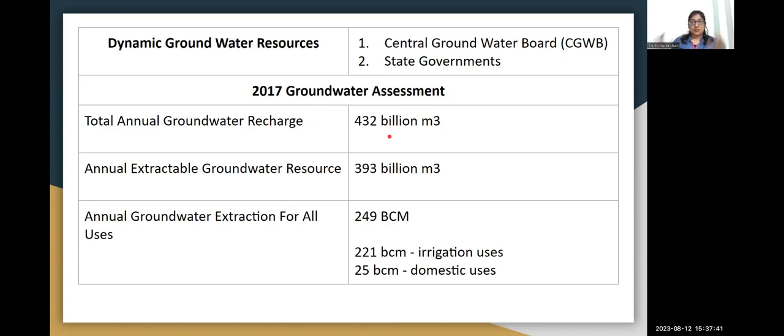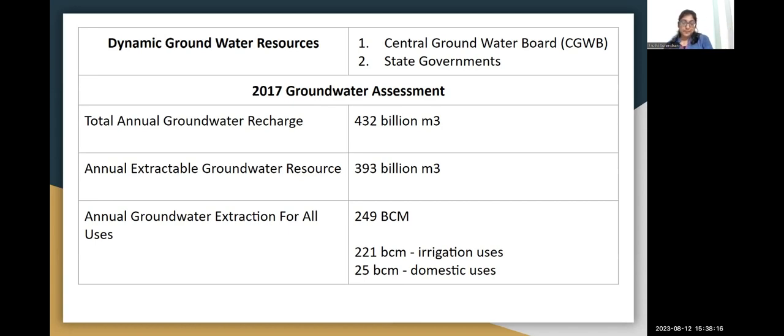Out of this 432 BCM, the annual extractable groundwater resources, what we could extract, was 393 billion cubic meter. And in this extractable groundwater, the amount of water that is available for use, although we can extract more, has been 249 billion cubic meter. Out of this, 221 has been used for irrigation purposes and 25 billion cubic meter has been used for